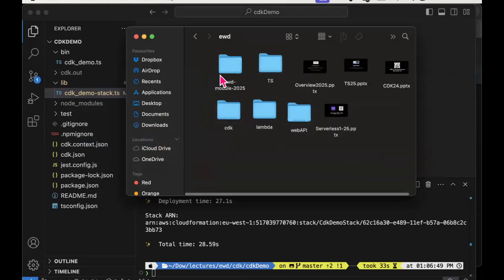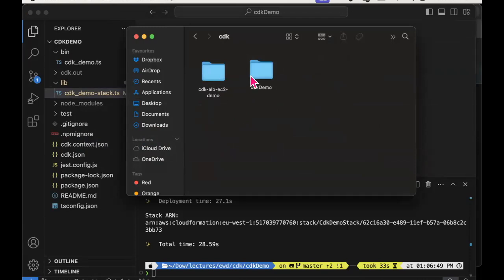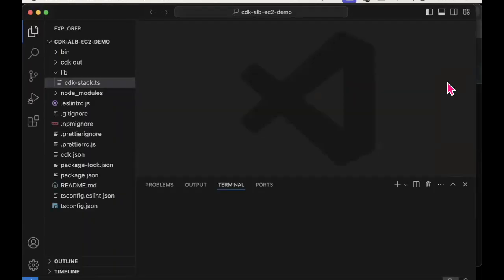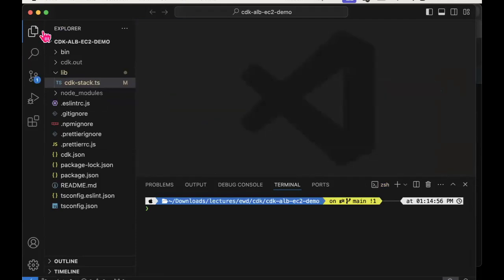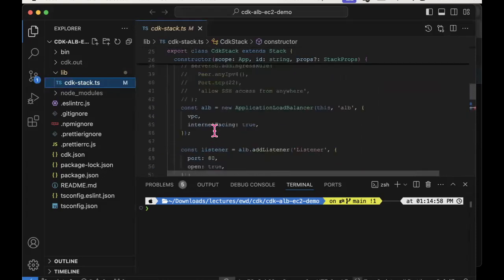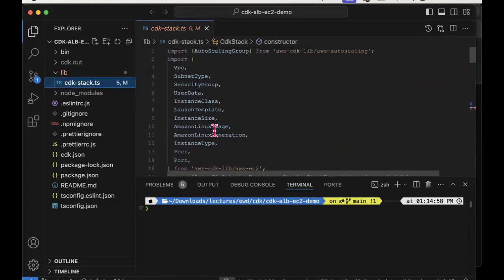So if I go down to here, here's the stack in this case, and there's a lot more going on in this stack.